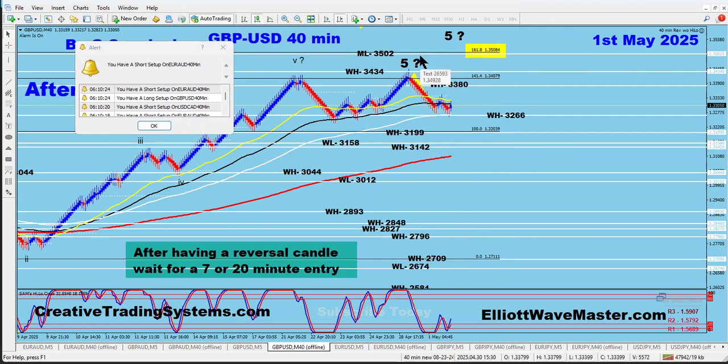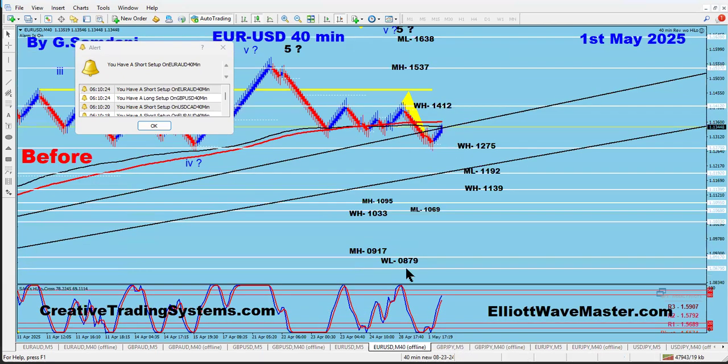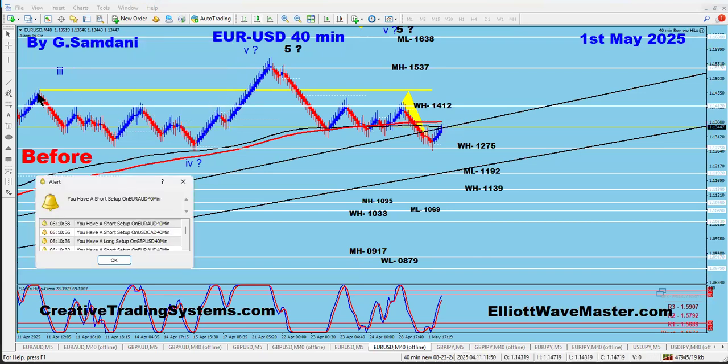So now this is Pound USD. What about Euro USD? I said we're going to drop here to this number, 12.75. Look what happened. I said it might go up a little bit first and then drop, but it didn't bother going up at all. This was kind of making a head and shoulders pattern. Usually it does, but not in this scenario. It simply dropped to 12.75 and started to bounce already. So that is a sign that USD is already getting weaker.